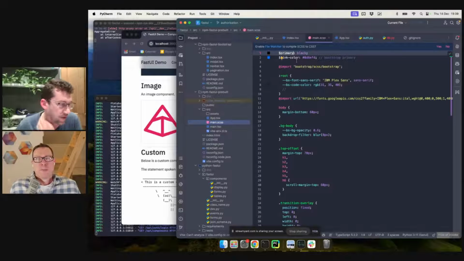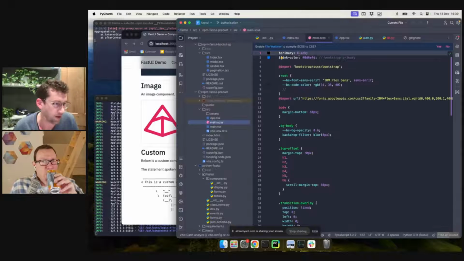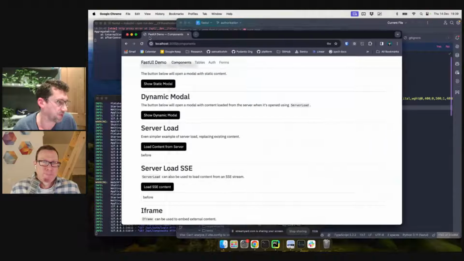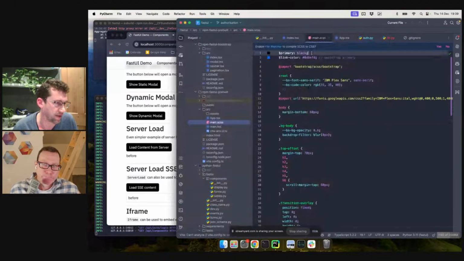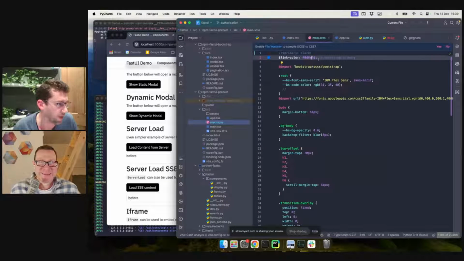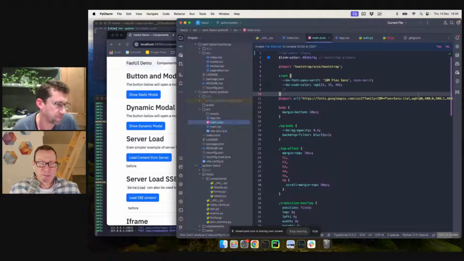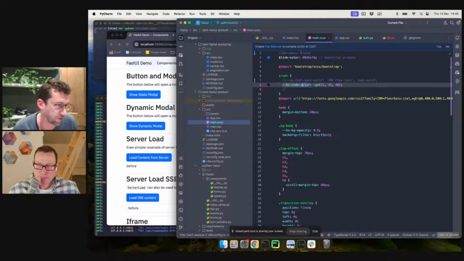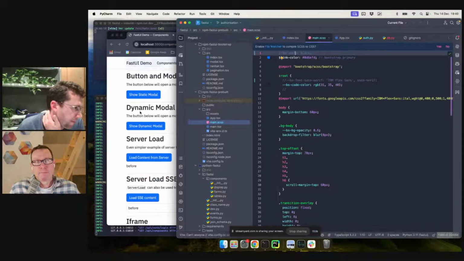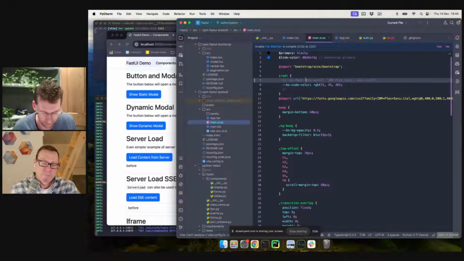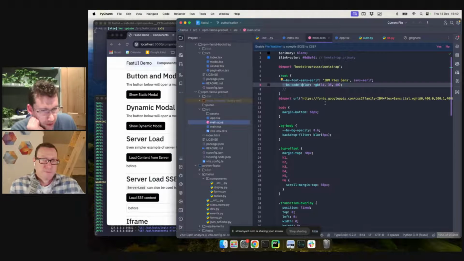Here you see I've set the primary color to be black, so the buttons here are all rendered as black. I haven't tried this for a bit, so I hope it works. If I commented out primary, you'll see that all of them changed to blue. They've all changed to primary, which is the Bootstrap primary button color. And if I got rid of the default font, you would see we went back to whatever the other font was. So there's a world in future where we allow you to customize the look and feel even within Bootstrap from Python code.